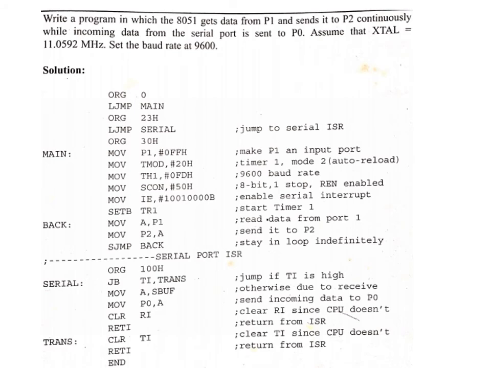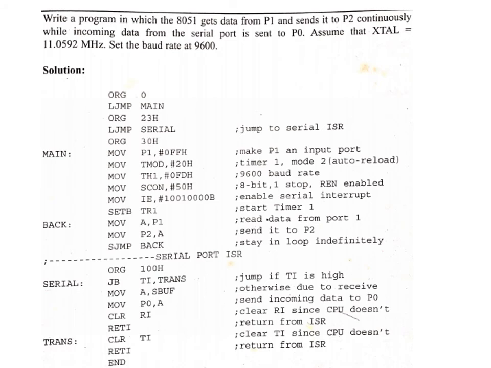Looking into the program, ORG 000H onwards the program is written, then it is bypassed to some other location. Port 1 is configured as input port, P1 is #0FFH. TMOD is loaded with 20H, indicating that timer 1 is used in mode 2. Then TH1 is loaded with FDH for a baud rate of 9600. And SCON is loaded with 50H. This is for 8-bit, one stop bit and REN enabled configuration.